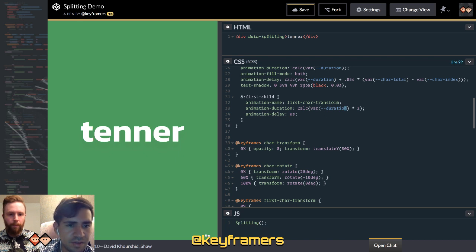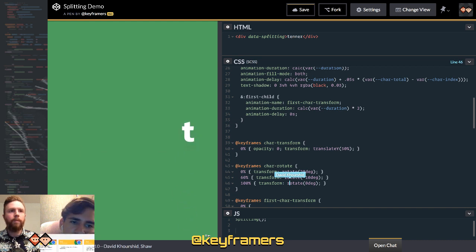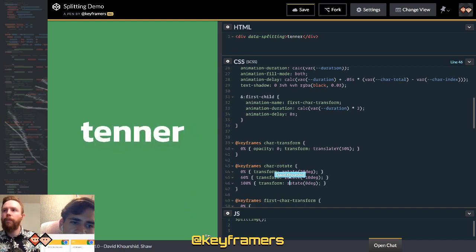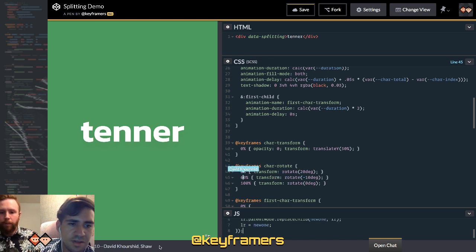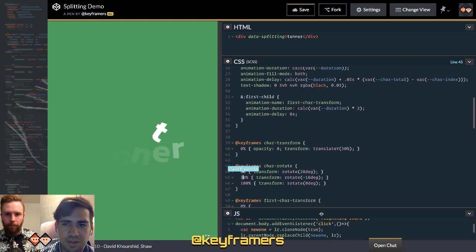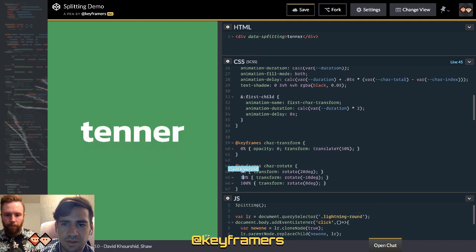All right, so let's look at the char rotate. 20 degrees. All right, so they're coming in 20 degrees, right? Yeah. And then negative 10 degrees. What if we make this like 30%? And that's a little better.